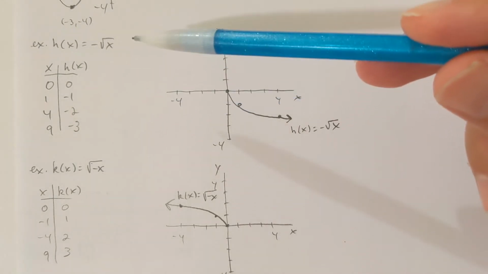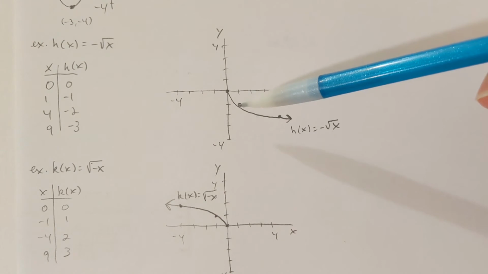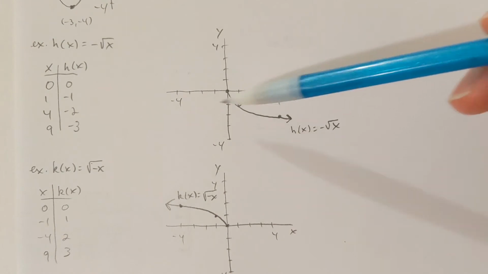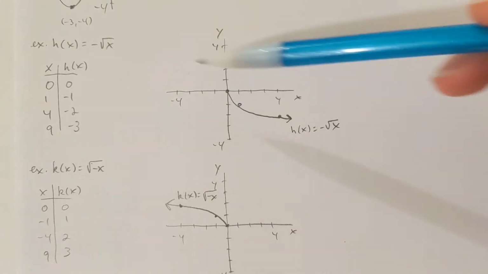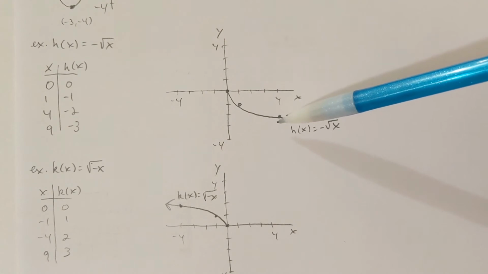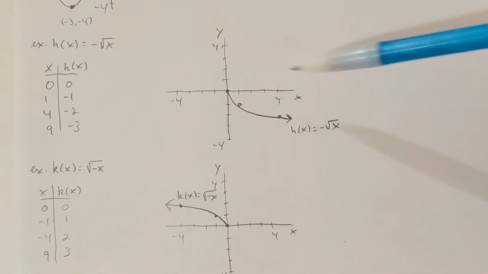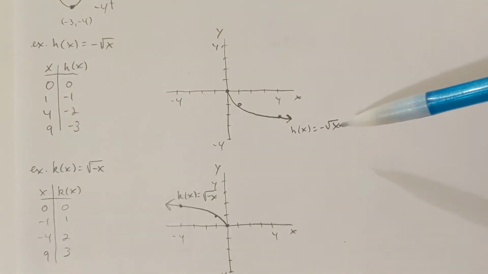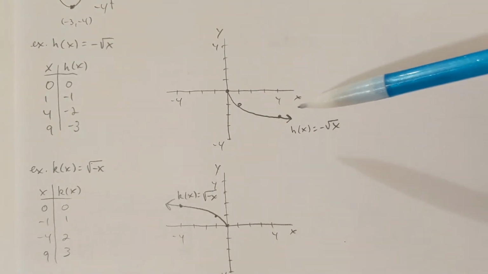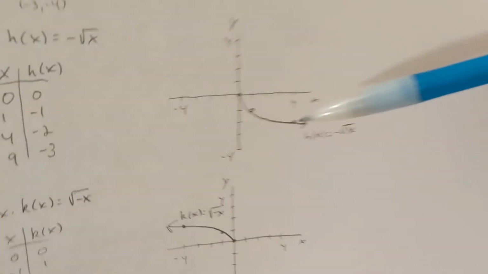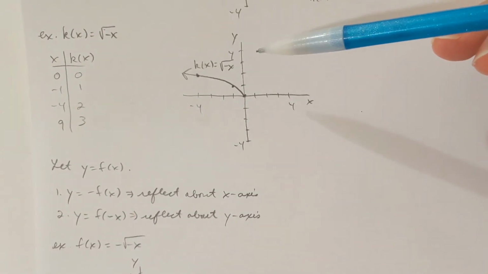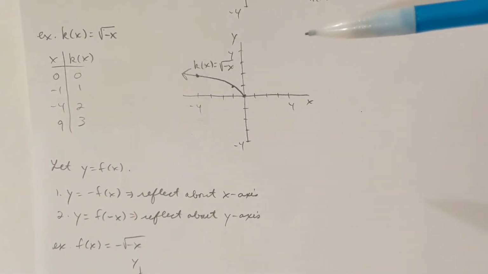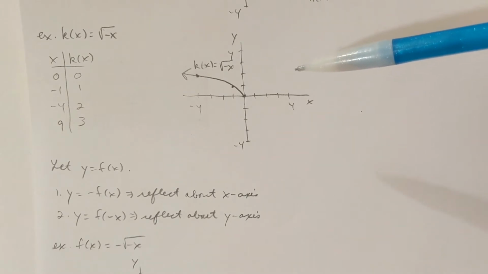If x is 1, h of 1 is negative 1. If x is 4, you get negative 2. And if x is 9, you get negative 3. So it looks like we reflected the graph about the